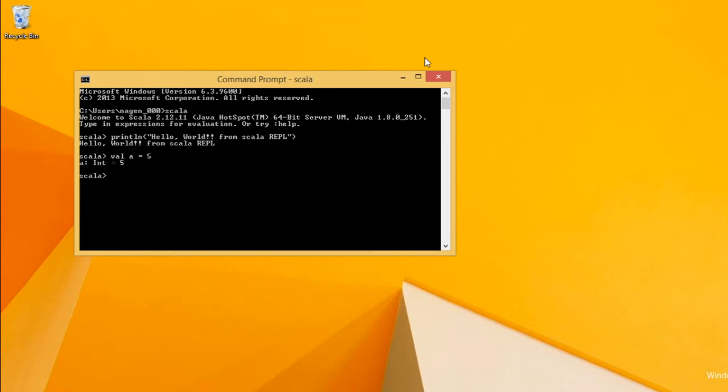If you are familiar with Java, you might have noticed a few differences here. One is that we don't need a semicolon, and the other is we don't explicitly define that this is an int. We can do that if we want to: val b: Int = 10.